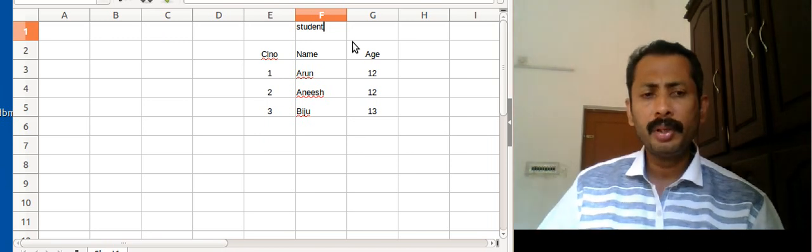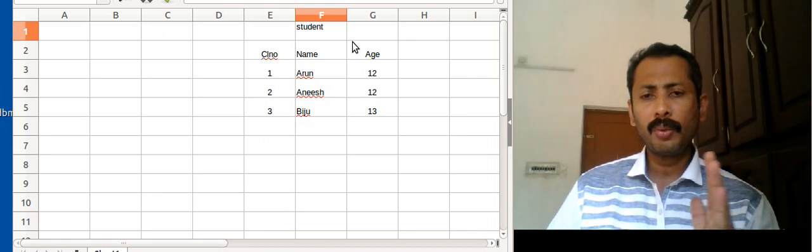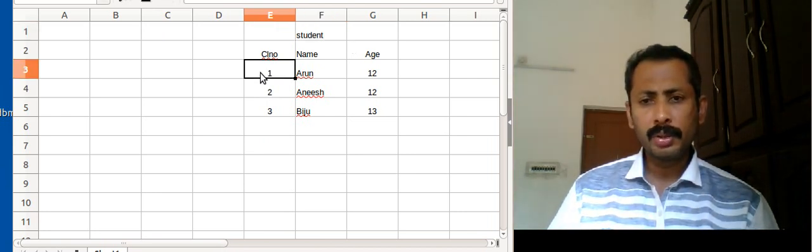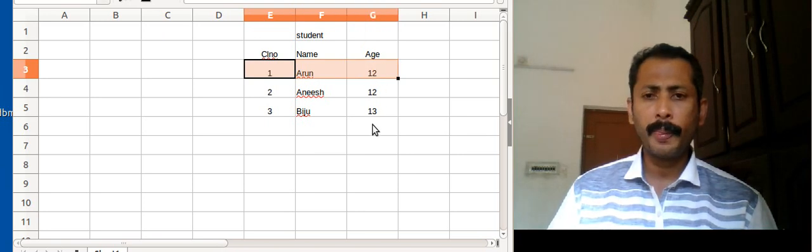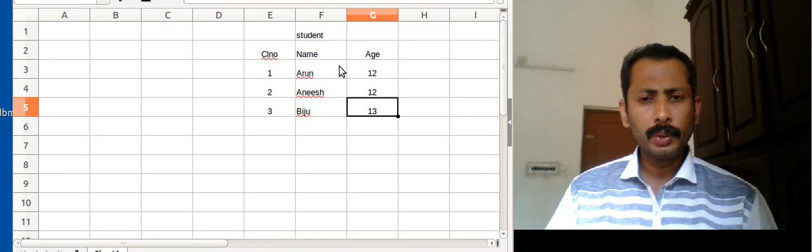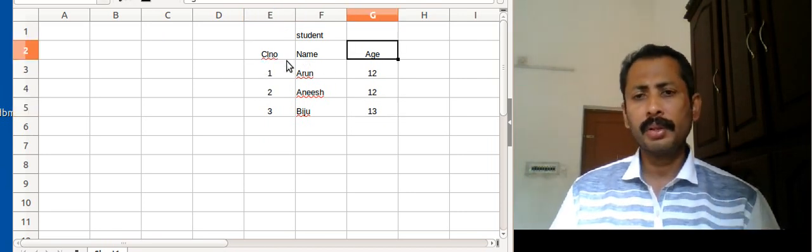So this table student contains rows and columns. Rows means these are rows. 1, Arun, 12 is a row. 2, Anish, 12 is another row. So these are horizontal rows, and we have vertical columns.